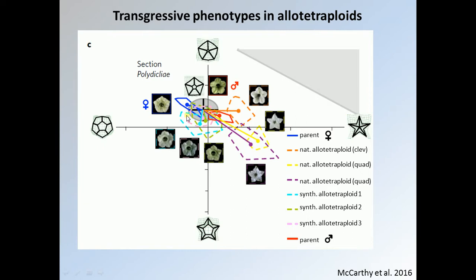If we look first at the pink one of the lines, you can see that we can consider this as mid-parent value. It's still in the range of it. You see that the distance is pretty low, and the pink cloud, which is the variability within this allotetraploid, is within the gray cloud, which is expected as mid-parent value. But now, if we look at the blue here, or the green here, especially the blue one, you can see that it actually diverges quite significantly from the mid-parent value. So it gives a transgressive